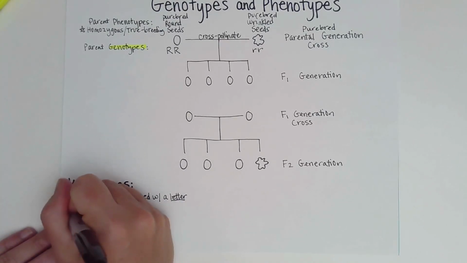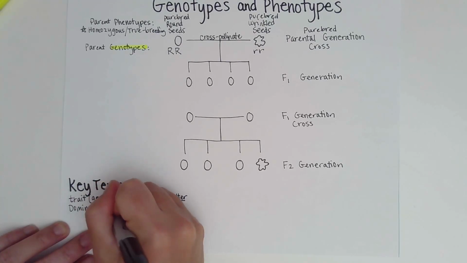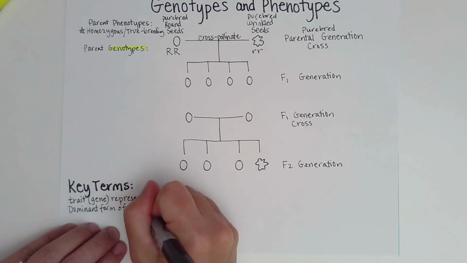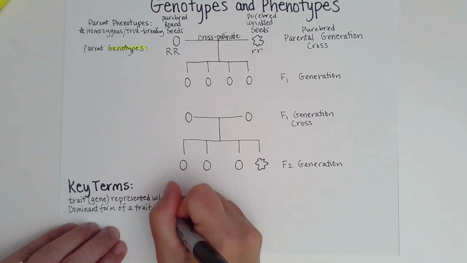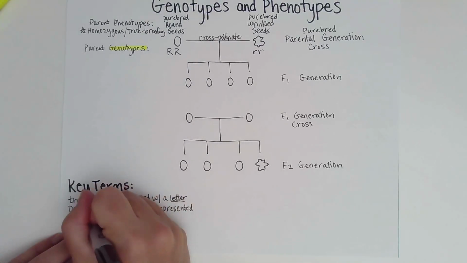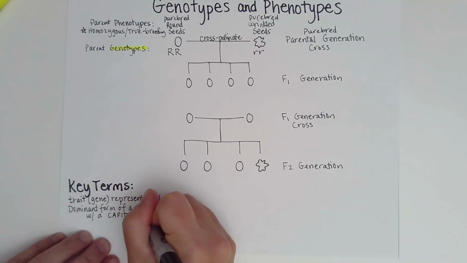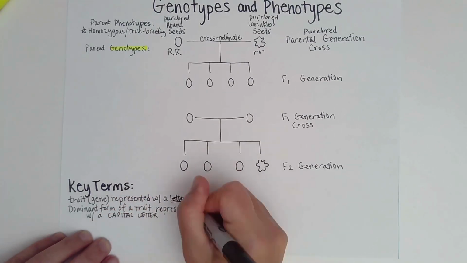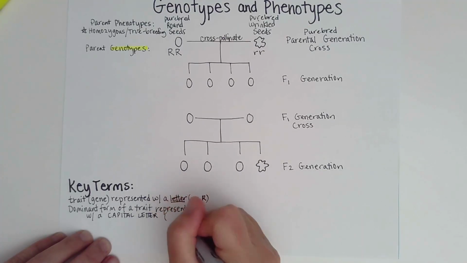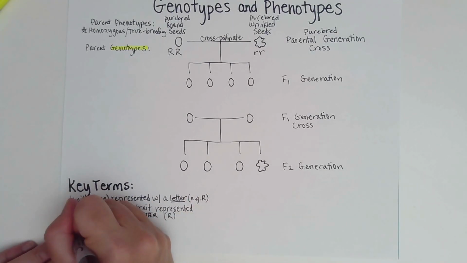So the dominant form of a trait is represented with a capital letter. So, for example, we're using the letter R on this page, and capital letter R,